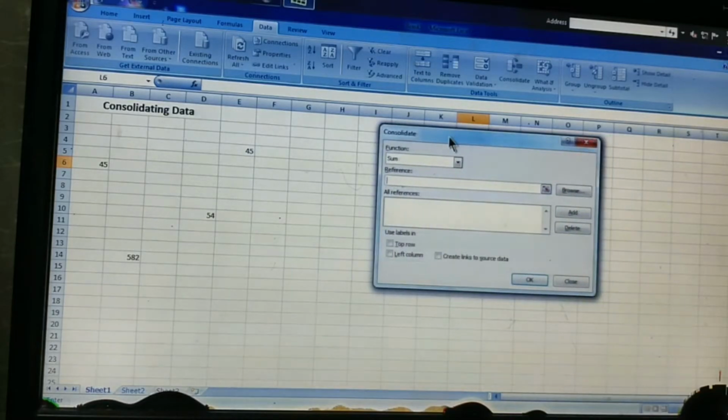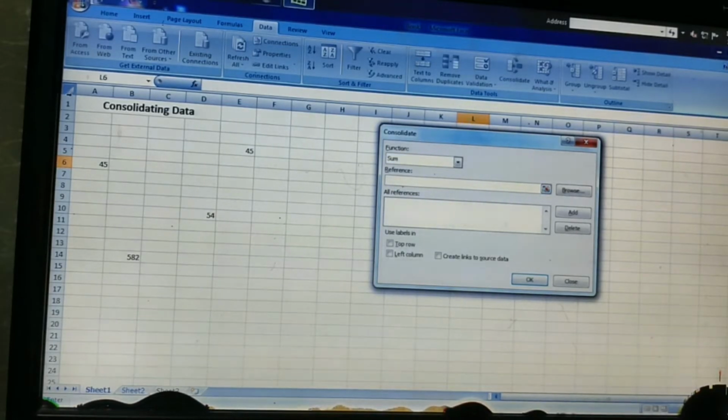Now this window will open. From here you have to select the function sum. Instead of sum, you can perform various functions. From here you can count, you can calculate the average, maximum and minimum, but here I am calculating the sum. So select the sum function, then you have to give the reference of the cells whose values you want to calculate.